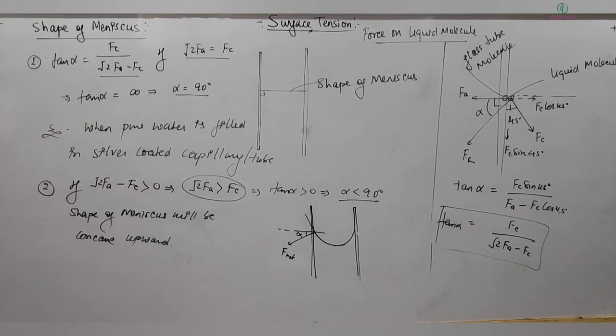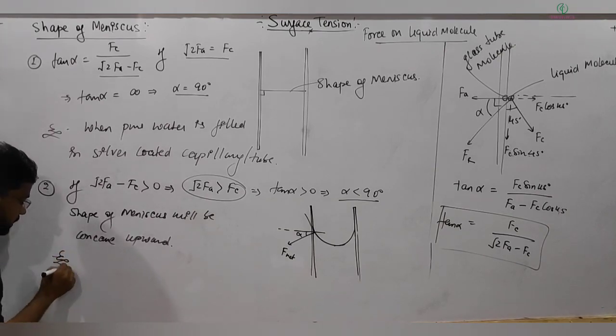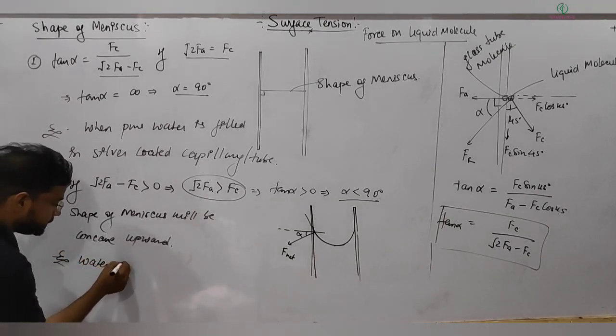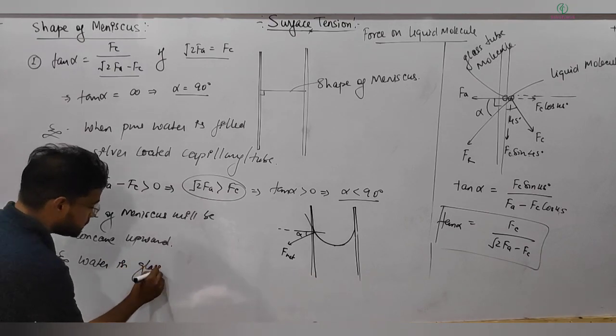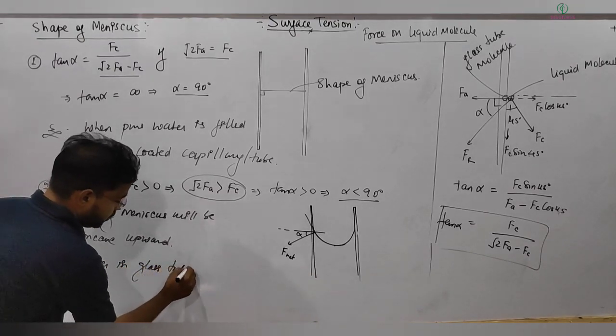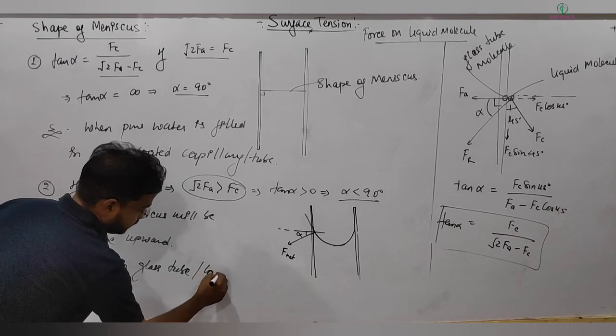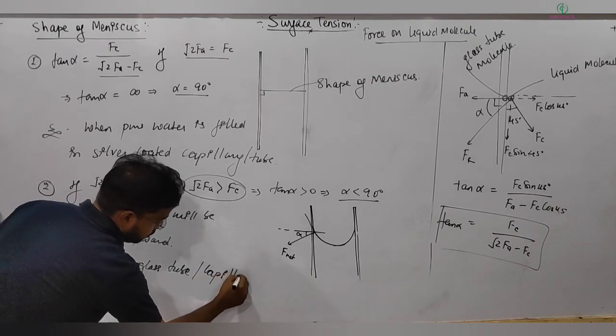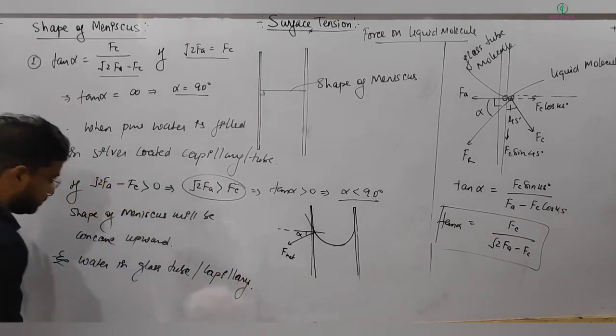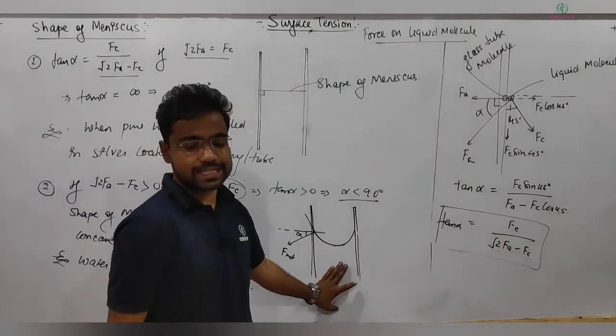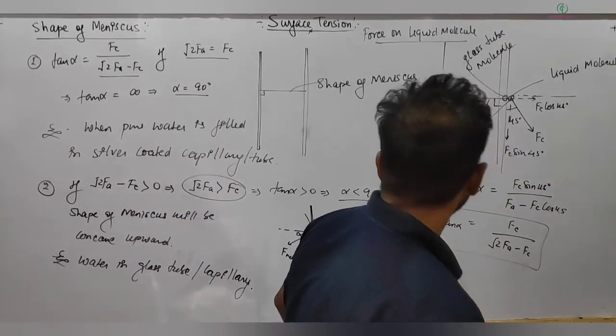And this is the example, let me tell you that. So this is the case of water in glass tube or capillary. In that situation, the shape of meniscus is like this. And the next case,